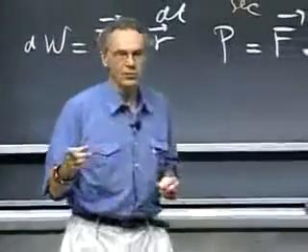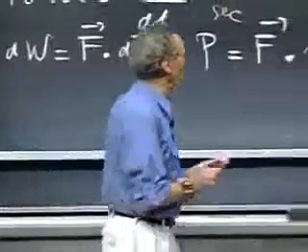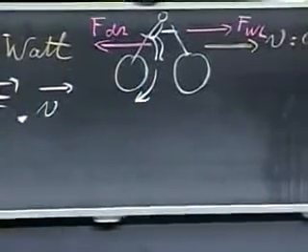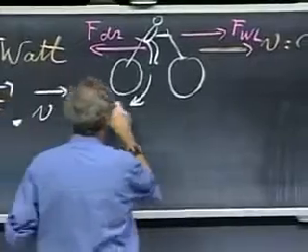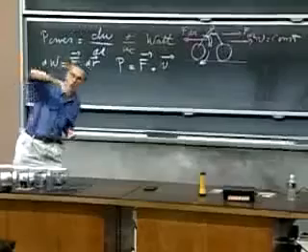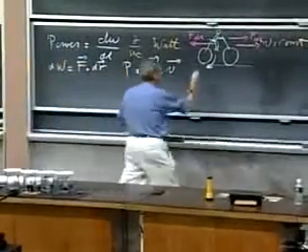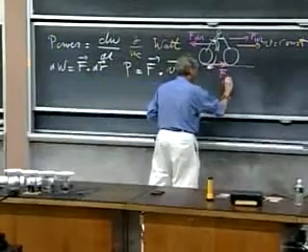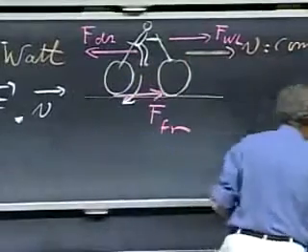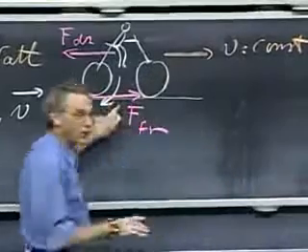Now the pedals push on the chain, and the chain pushes on the wheel, and ultimately this wheel wants to start rotating in this direction because of my pedaling. And now here with the floor, with the road, there is friction. And so now the wheel pushes onto the road, and the road pushes back. Action equals minus reaction. And it is that force, which is really the friction, that is the force that Walter Lewin has to come up with in order to make sure that he can go with a constant speed. It's the friction that does it.